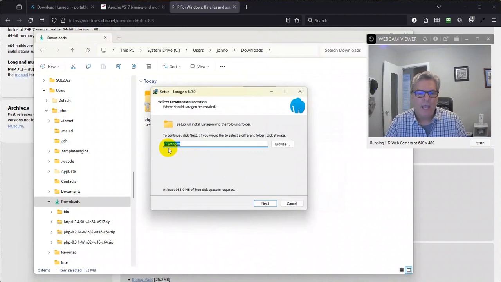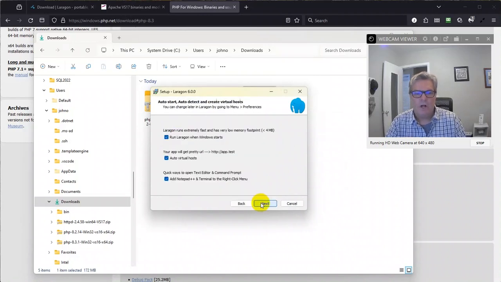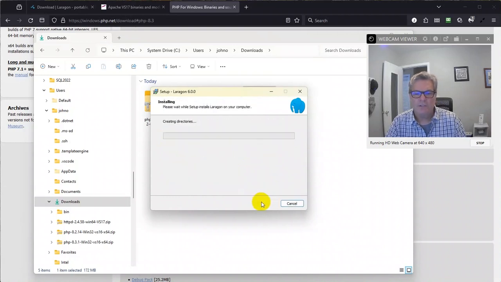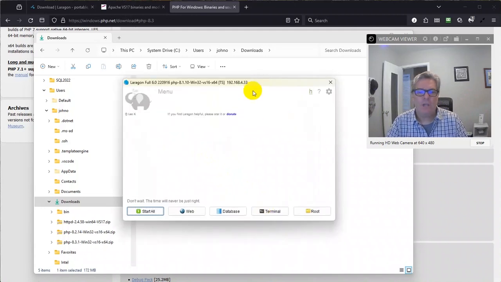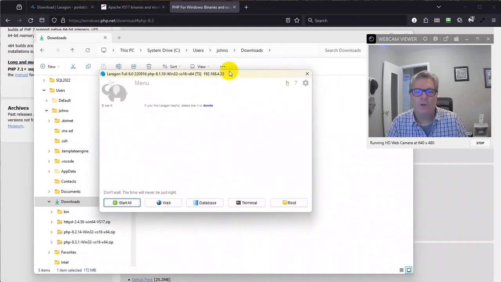English, okay. I'm putting this on an external drive, which has the drive letter E. I want E:\Laragon. I don't want those old folders. Click on Next. I don't want it to run when Windows starts. Click on Next. Click on Install. With the check in the Run Laragon box, I click on Finish, and here is Laragon installed on my Windows